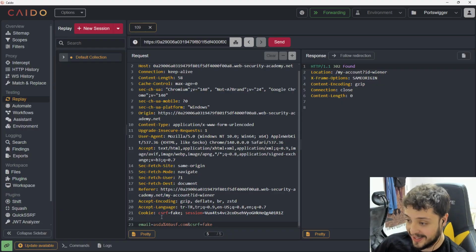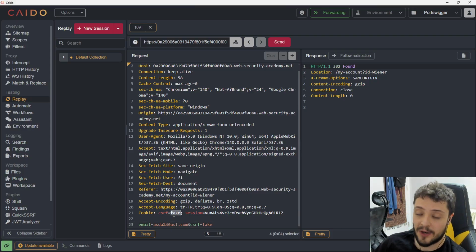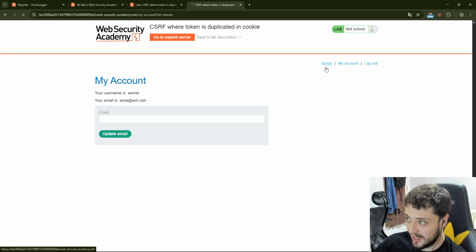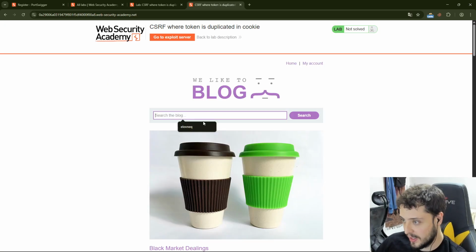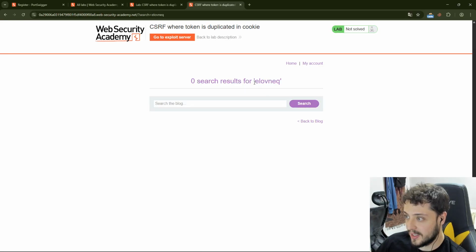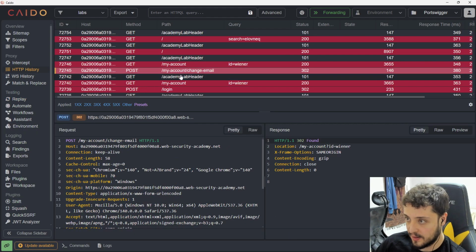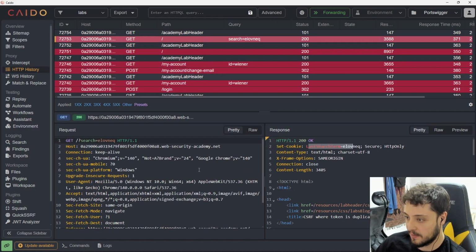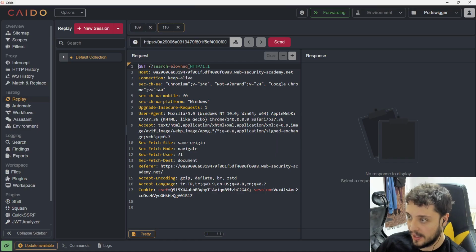Remember what it is. CSRF is a cookie, so we have to add a cookie. As you remember, it was here. If I put Elona here, it changes the, let's see, Elona. Again, same vulnerability. Just send it to the repeater. And what was it? Elona. And we have to add %0D, %0A to go to the next line, and Set-Cookie, and the cookie name is CSRF, and equal to